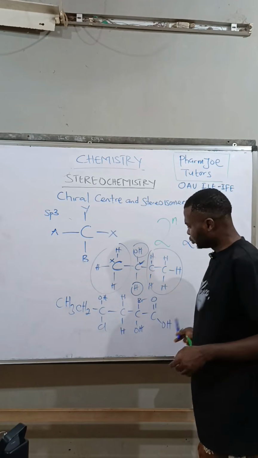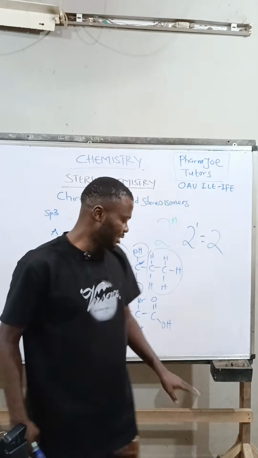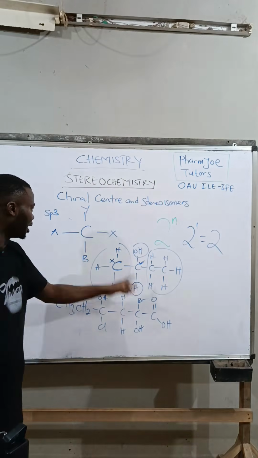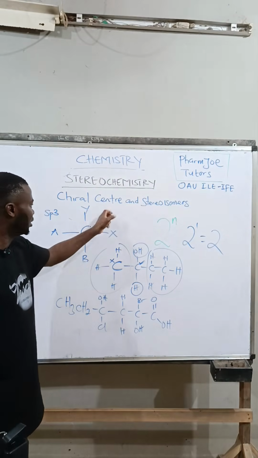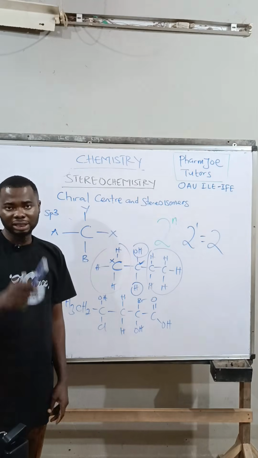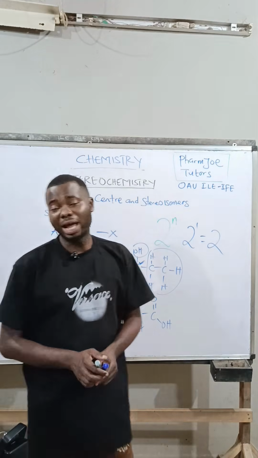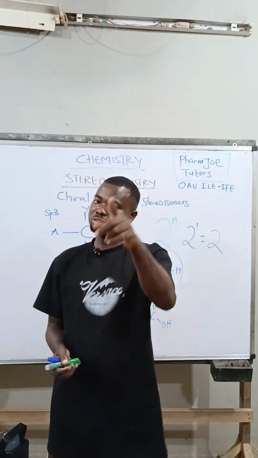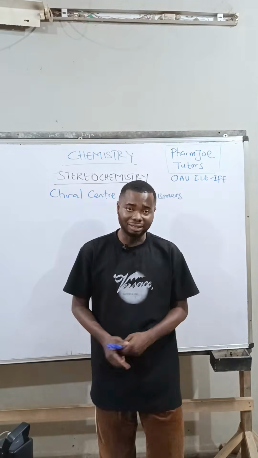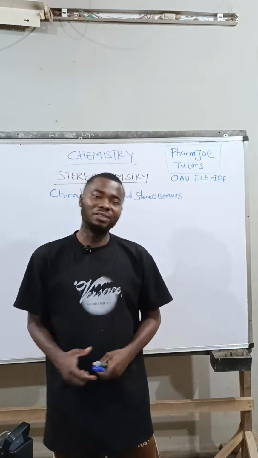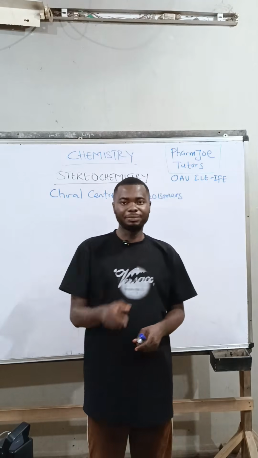Now, I want you to try this question. How many stereogenic centers, which are chiral centers, do we have here? And if you've gotten your chiral centers, I want you to look for the stereoisomers. Now, the structure I gave you at the beginning of this video, I want you to also try it. Note that many organic compounds with chiral or stereogenic centers, most of them are optically active except for meso